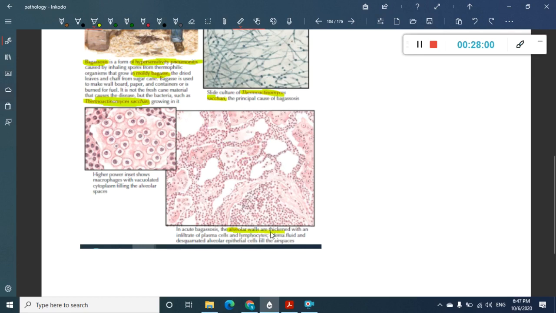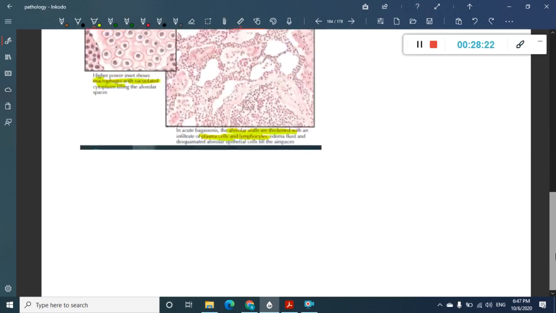So the alveolar walls are thickened, and you see infiltrates of plasma cells and leukocytes also. So these are the plasma cells and leukocytes which you see inside. See, these are the macrophages with vacuolated cytoplasm, and this is present in the alveolar space, and this alveoli is also thickened with many infiltrates present in the thickened alveolar wall also. Okay,